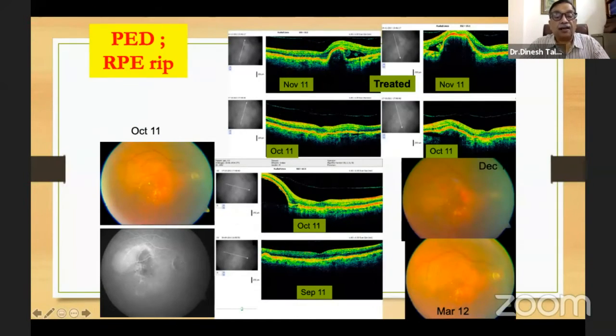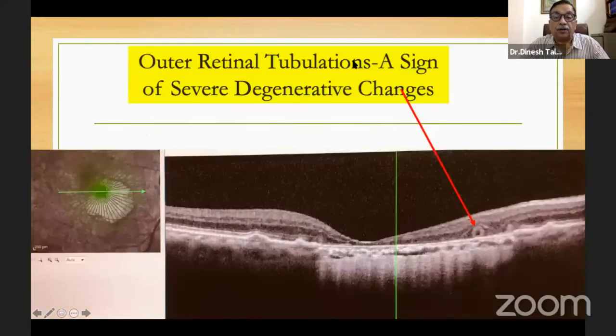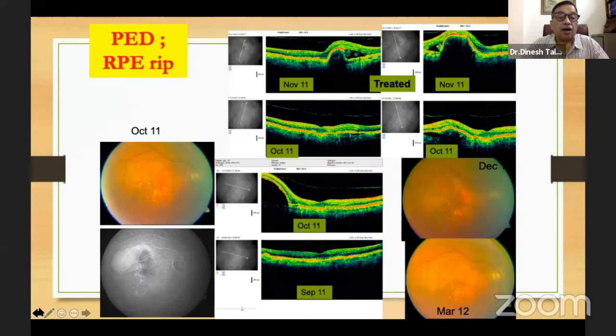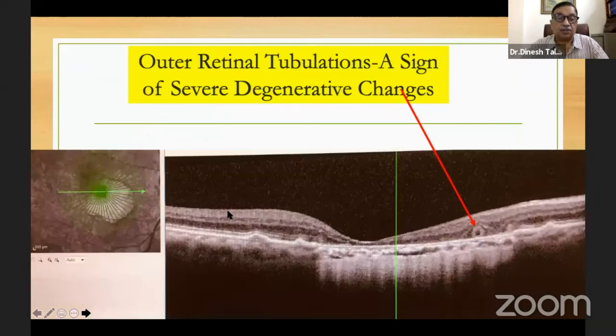This is a patient who had a serous RPE detachment. You see, it's a clear RPE detachment, very bullous, and was followed up. At this time the fovea is normal; this is extrafoveal. And then over a period of time, what do you see over here? There's a rip here. This had been treated before, but this is a rip over here. You see the RPE is coming up to this level, and then there's a discontinuity, and there's subretinal fluid. So this is a sign of an RPE rip. Incidentally, even if an RPE rip occurs, the patient would still need to be treated for this disease process.